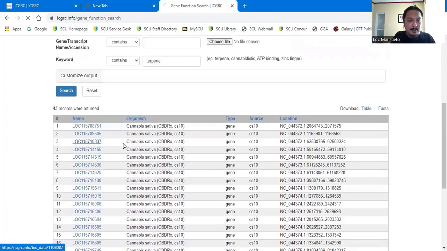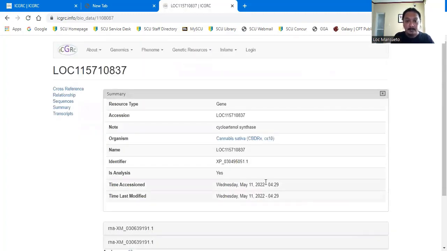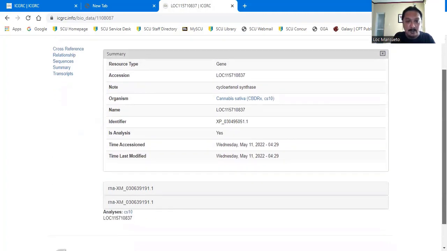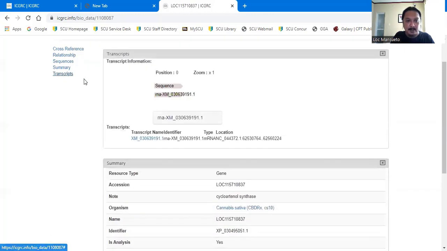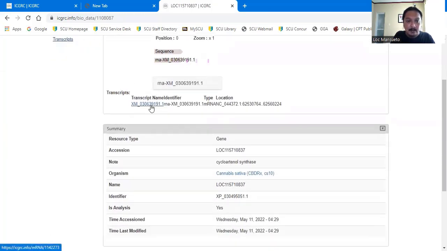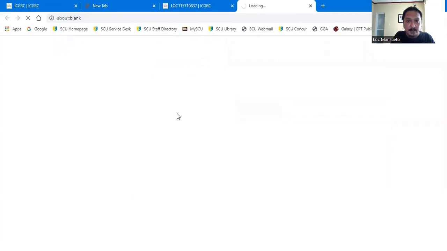Okay, we go inside here. So for example, there's an annotation here, and the gene consists of the transcripts. These are the mRNAs of the gene. If you look at the mRNA,